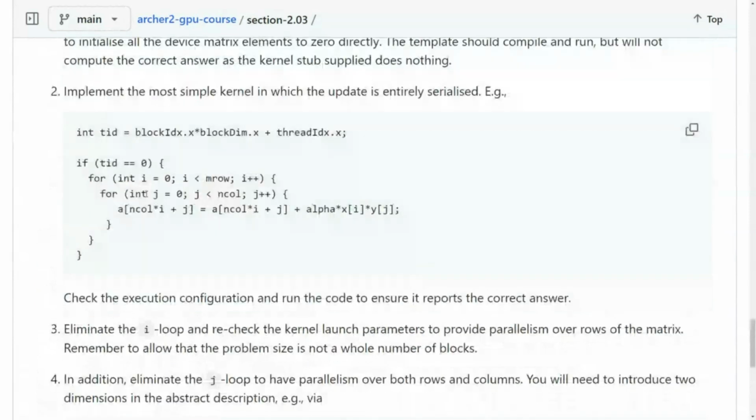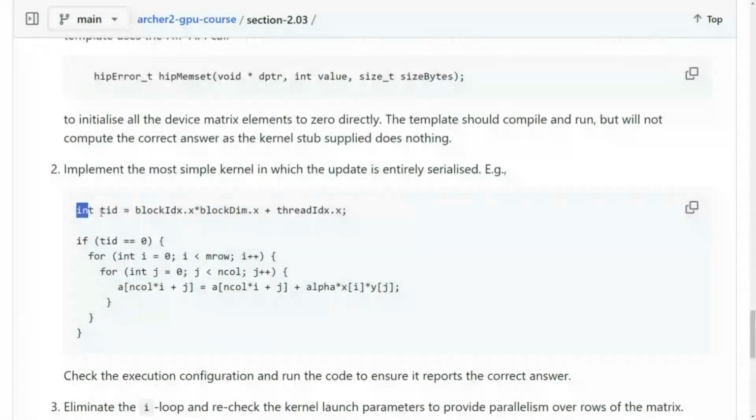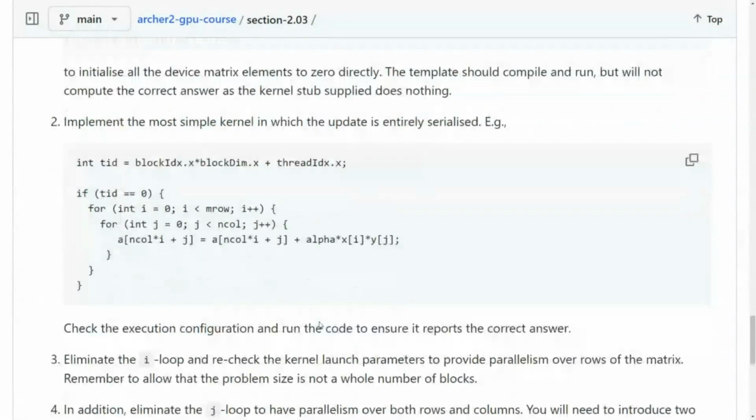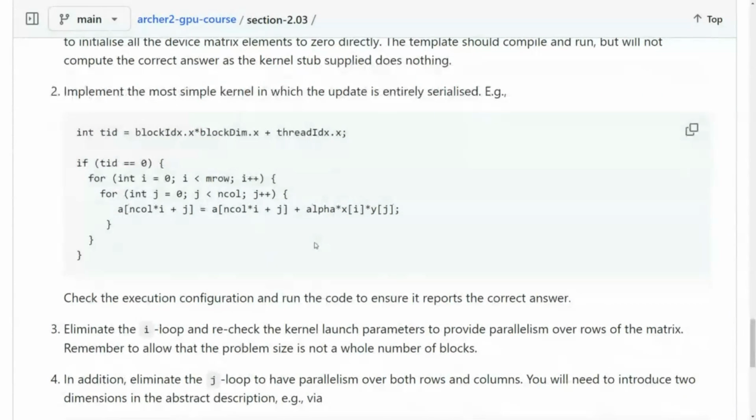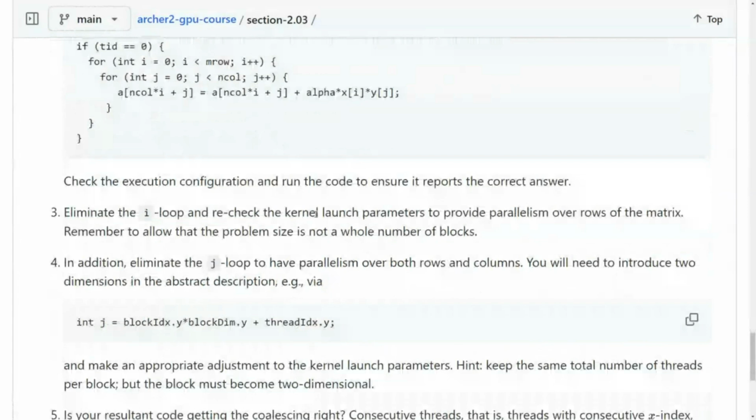The idea is that you effectively remove the innermost loop first, and the first thing you'll do is something entirely sequential. So a single thread accesses and operates on the data, which is going to be very slow, and each of the for loops is going to run on one thread. So you're deliberately making something bad. So any performance improvement needs to be taken with a pinch of salt here. So you will eliminate the outer loop in I, and then just have the block run over J, and then finally remove the J loop. And the key thing here to do is